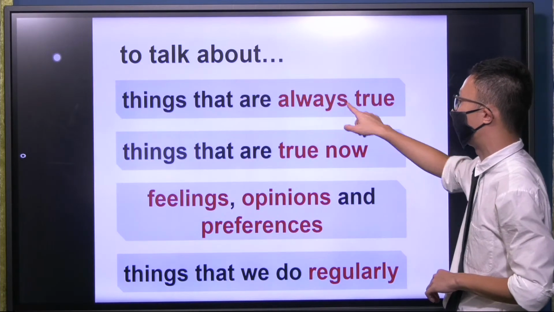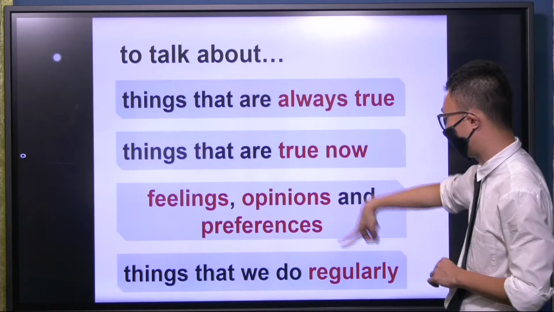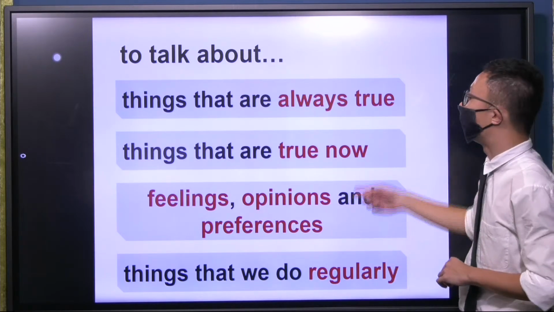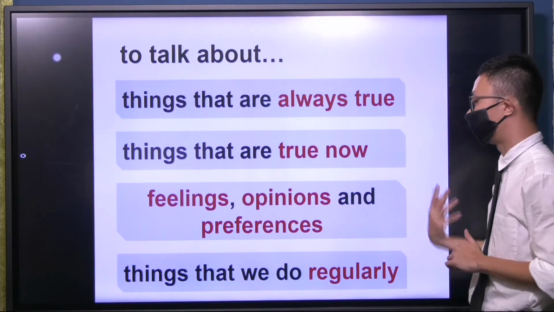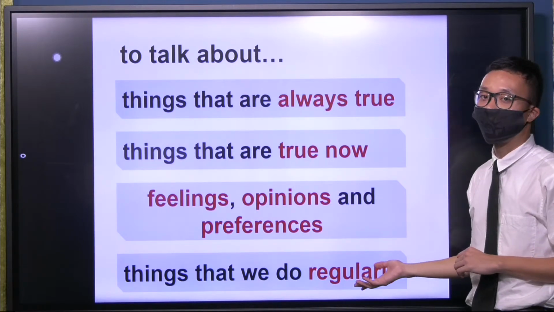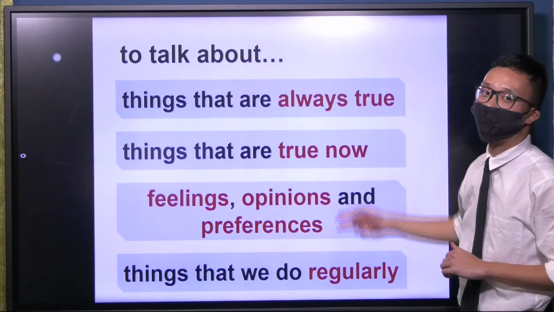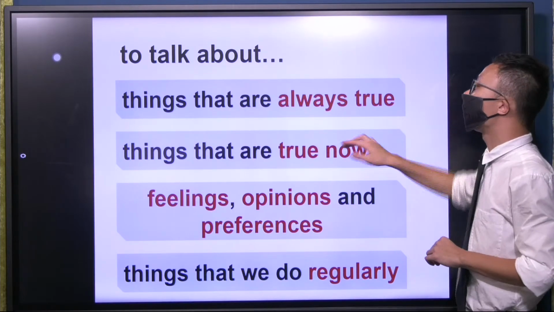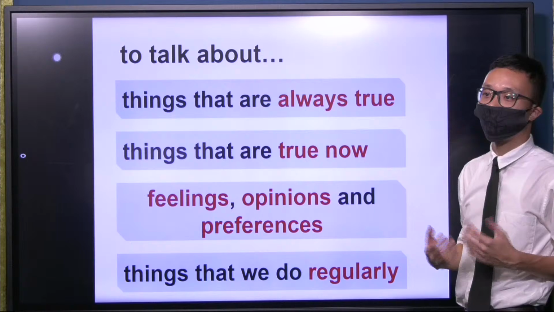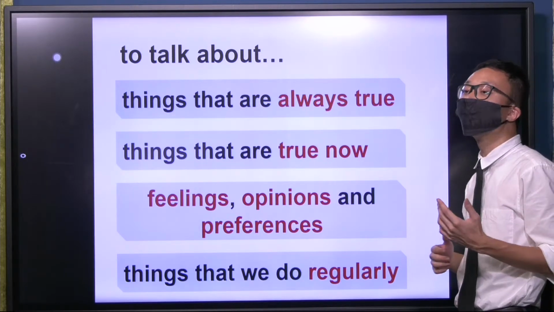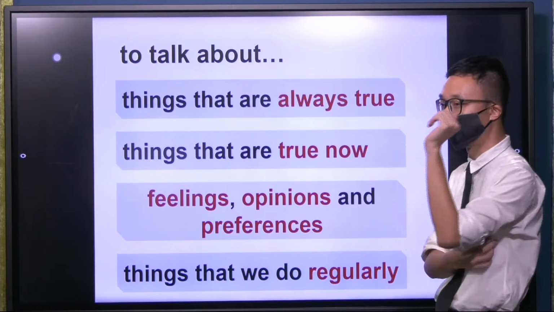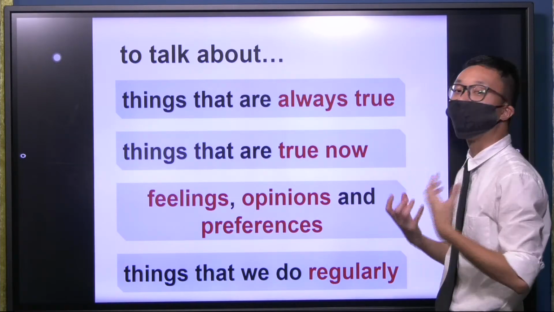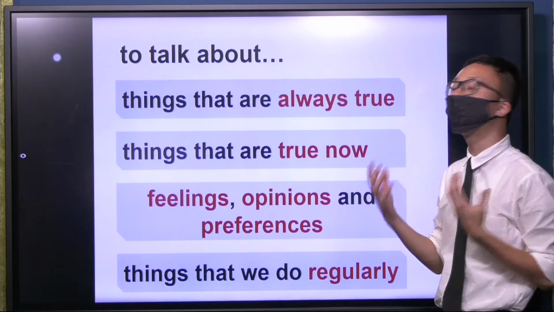So just a quick review: we use the simple present tense to talk about something always true now, feelings, or something you do regularly. And I hope you can apply all of these when you talk about where you live, what you like, what your feelings are about something, or what you do regularly, in present tense, alright? So I've covered the present tense. Now we move on to the past tense. When you do a self-introduction, you always need the past tense to help you deliver your self-introduction to your audience, alright?